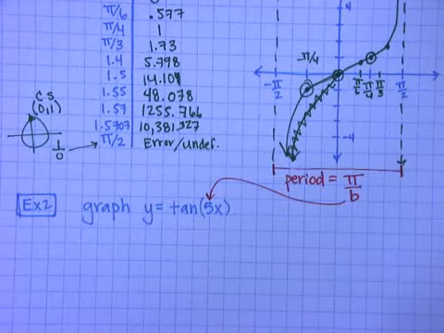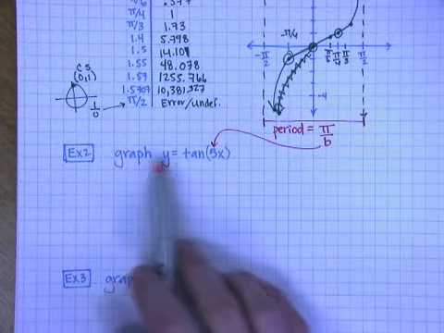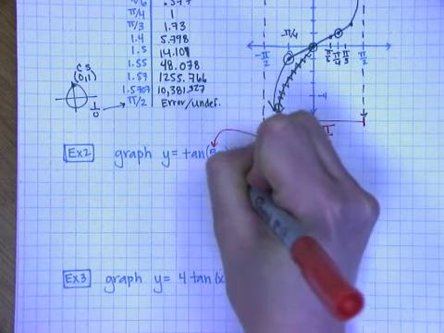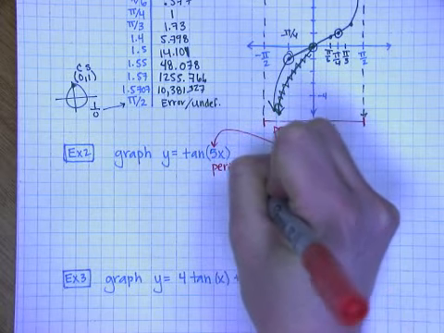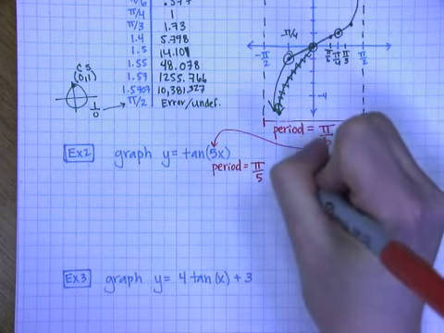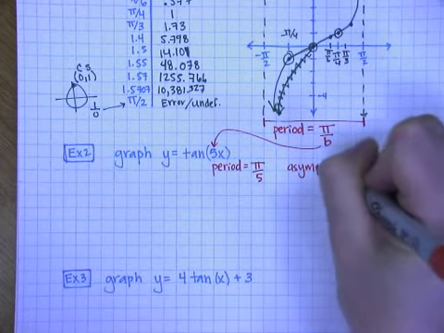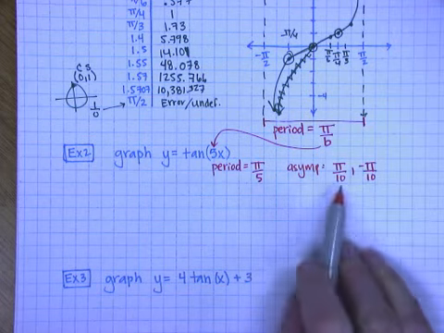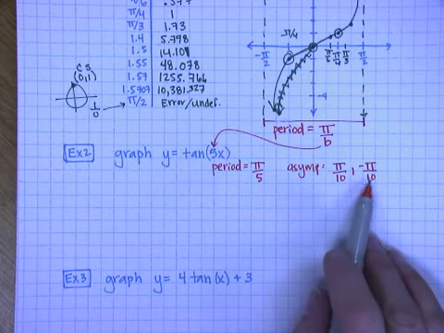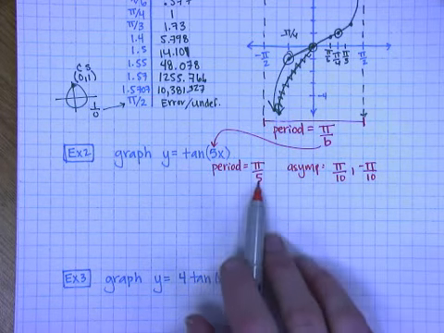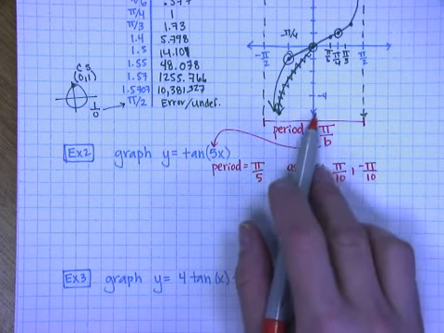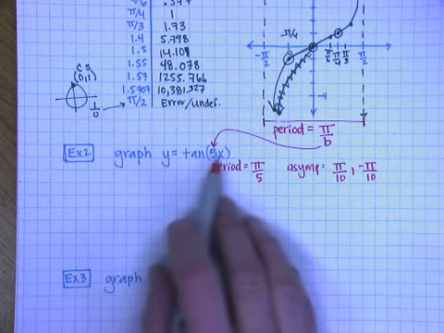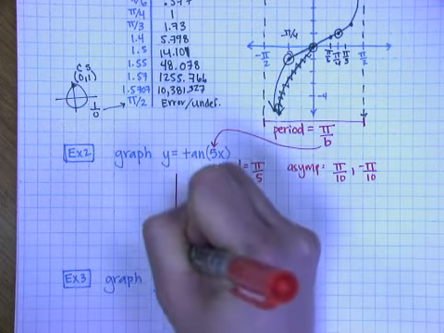Okay. So coming on to this next problem, if I were to graph y equals tangent of 5x, the first thing I would do is say that the period is pi over 5. Now if the period is pi over 5, then my asymptotes are at pi over 10 and negative pi over 10. Because the distance between negative pi over 10 and positive pi over 10 is going to be pi over 5. So basically we're splitting our period up, half of it on the positive side, half of it on the negative side. Now there hasn't been any other shifts or transformations to this graph, and so when I graph it, what I would do